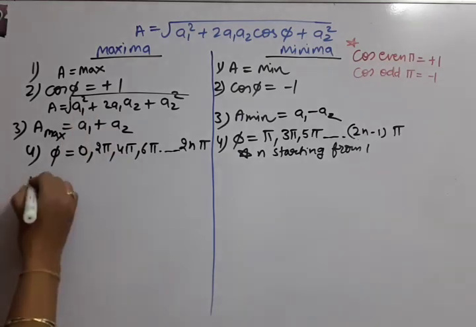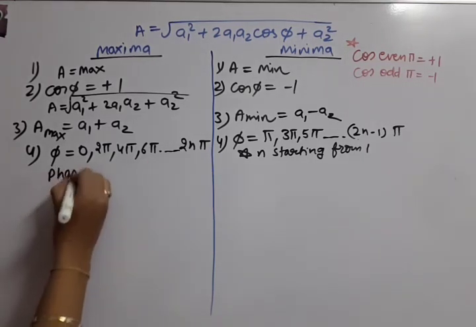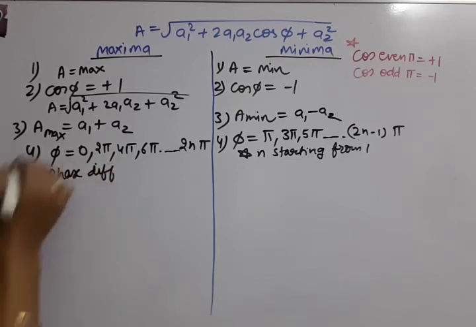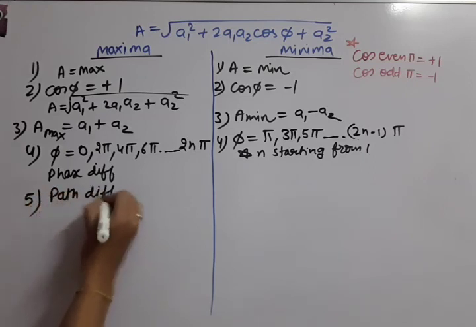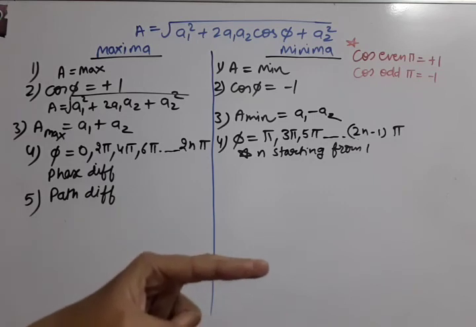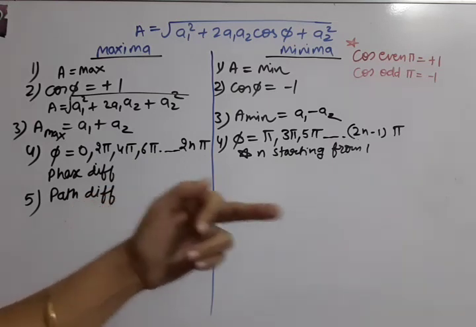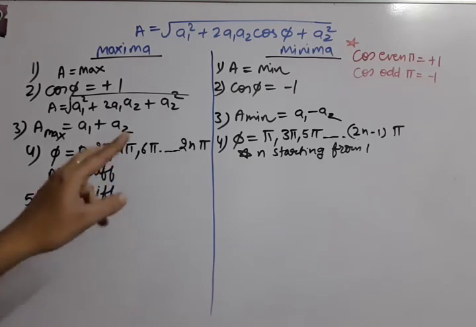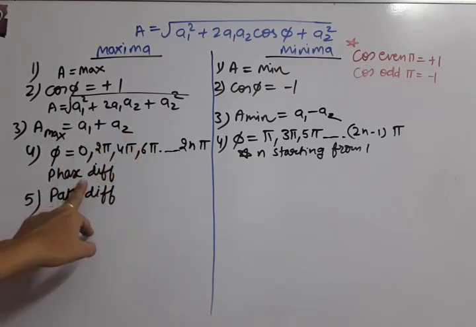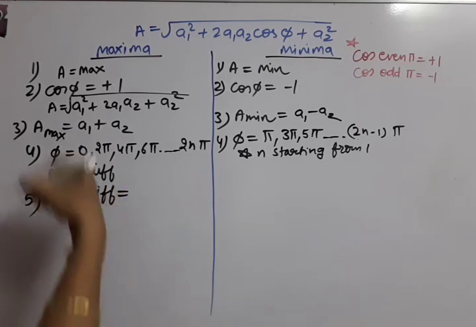Okay. Now our next step is path difference. We have got this thing, no? This phi means phase difference, which we have obtained already in point number 4. Now in point number 5 we are obtaining the path difference. See, in between the two waves, the angle-wise difference is called phase difference, and the distance-wise difference is called path difference. So path difference is obtained from the phase difference only.